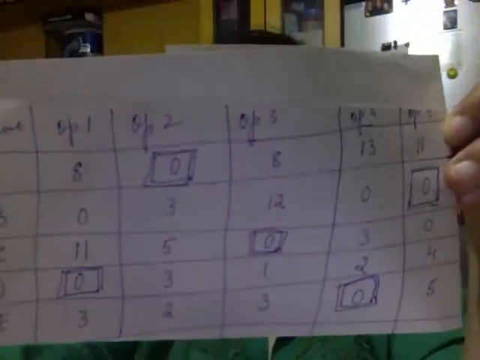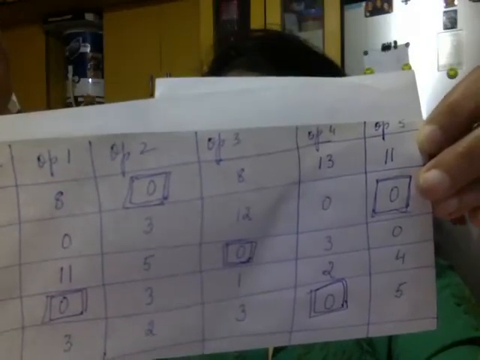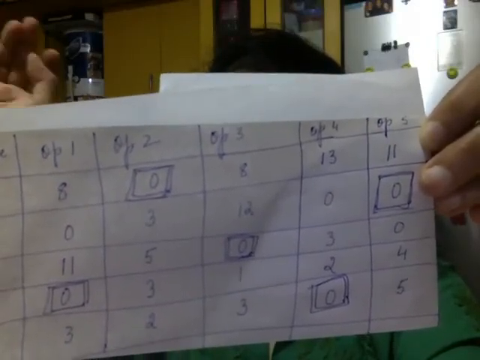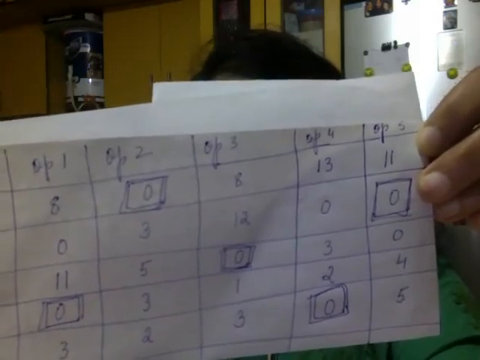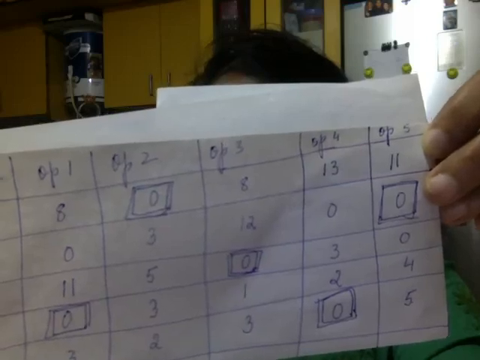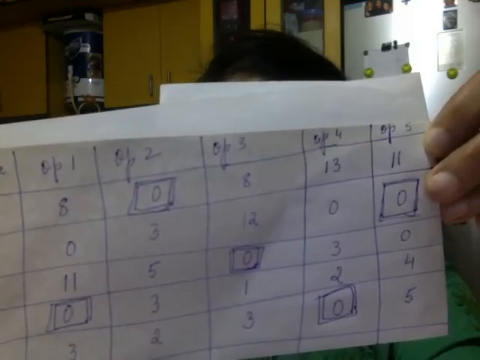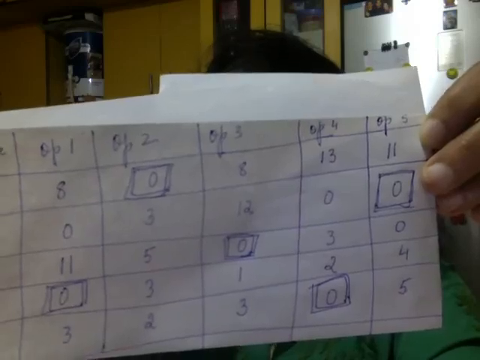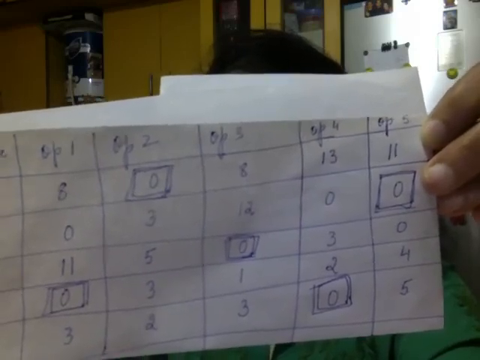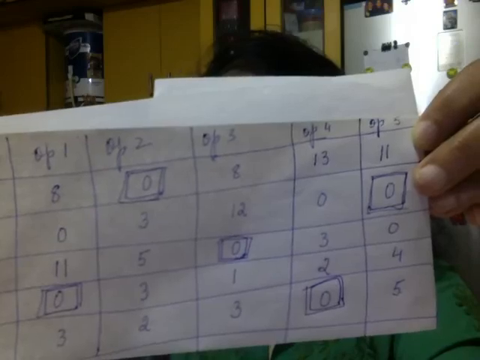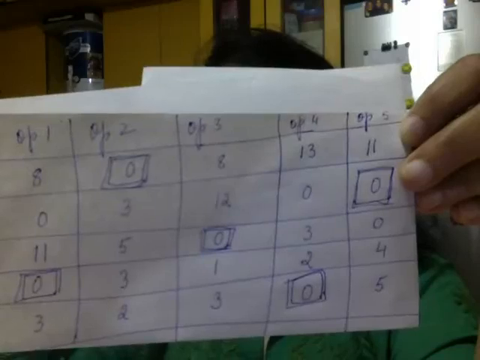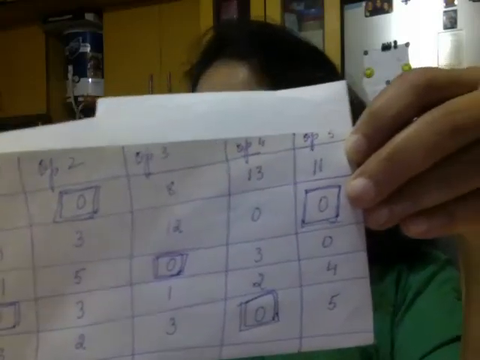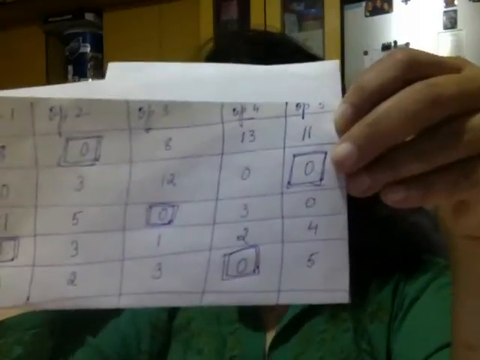Alright, I'll repeat it class. You look at this. In the first row, we had only one zero that was in operator 2. So we allocated it to operator 2. In B, we had two zeros. So we leave it, we go to the next row. In C, we had two zeros. Leave it, go to D. D has one zero, that is in operator 1, so we give it to operator 1. Now we come to E. E has just one zero, we give it there. That is operator 4.